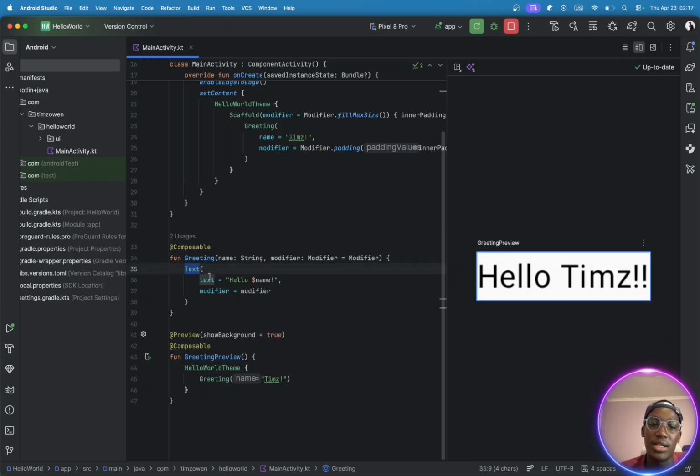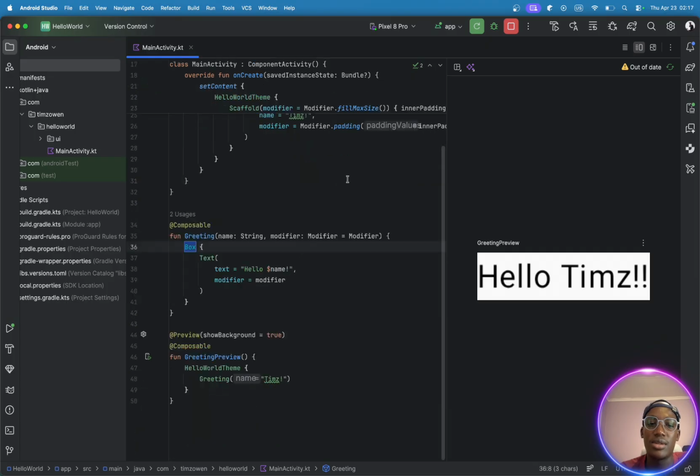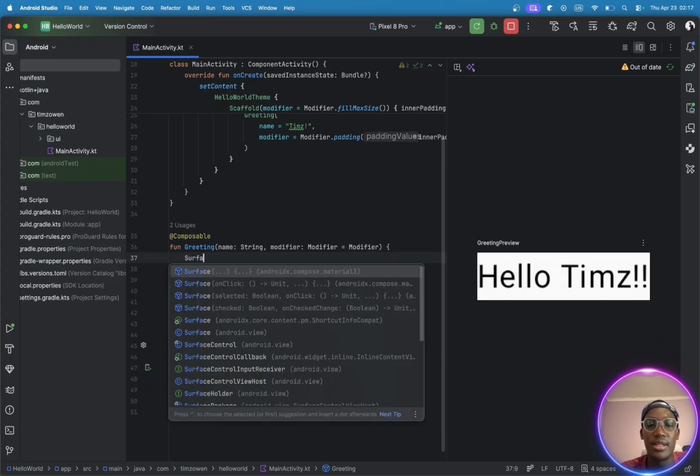So just double click on this text, then you should be able to get this yellow pop-up. So you can select surround widget and then surround with a container. If you just look here, you shouldn't get any difference, but I want you to replace this with service. So you can type in service. If you double click this and you don't get the pop-up directly, what you can just do is remove this, just come here and type in service,